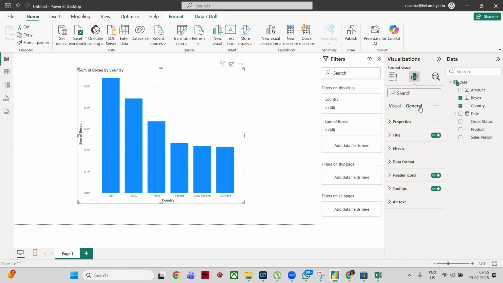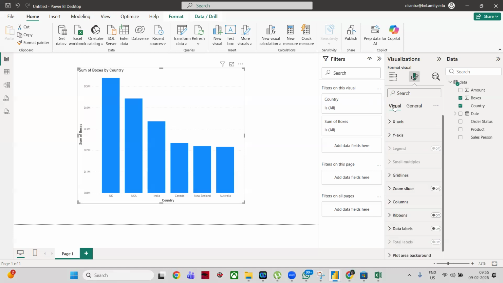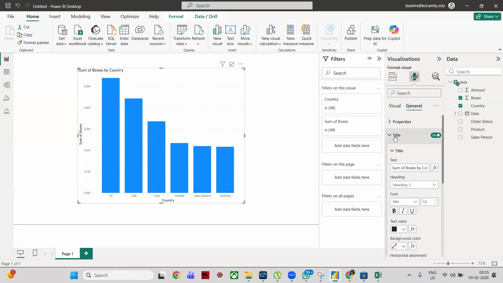Okay, go to the general. Here you can also do... go to general. Let me go to title. If I go to the title, where I have gone visual, then general. Then you see the title here, and if I just write it, suppose I want to write sum of the